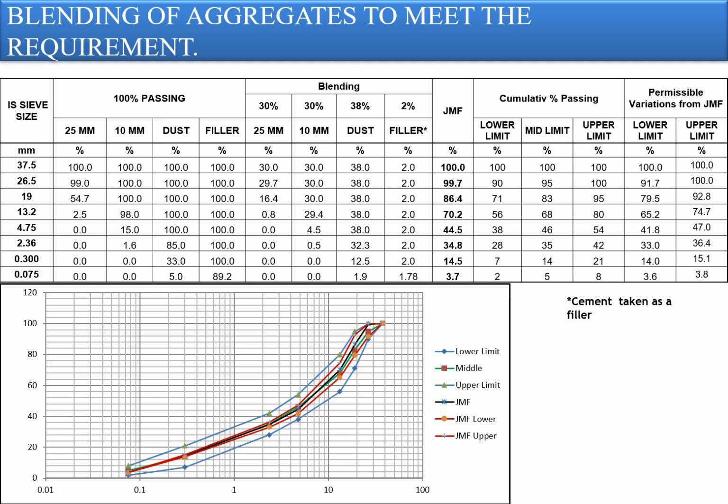So when you are plotting the blending of aggregates on a graph, you can have the outermost boundary which shows the percentage passing as per grading 1 and grading 2. Then the combination will give you a percentage passing, which will basically be the center line or the median line of the percentage passing of aggregates, and covering this and closer to the outer limits is the JMF limit. So the JMF limit is basically within your master envelope, which is given in the MORTH table, and will be a tolerance as far as the production of the bituminous material is concerned.